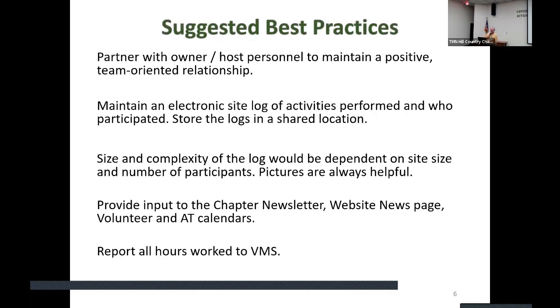These are some suggested best practices. The first one is very important. A couple of years ago, we had a project in trouble, or I won't say in trouble, but the leadership within the project